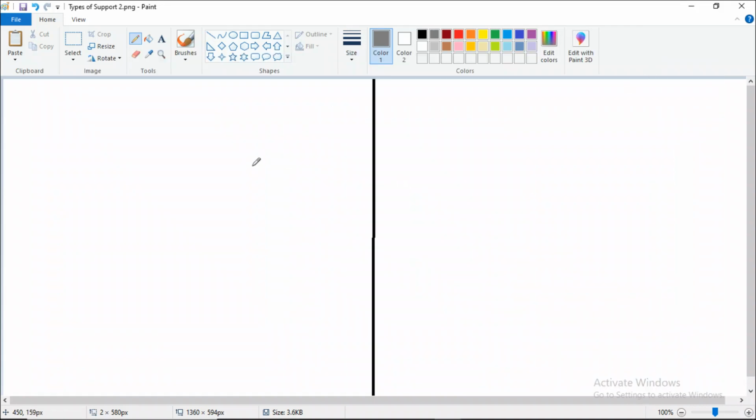Okay, now let us talk about the 3D support system. So in 3D supports, the first type of support remains the same, that is fixed support. But here the external reactions are increased. So at a 3D fixed support there are 6 reactions possible. Now this support is also called a built-in support as well.